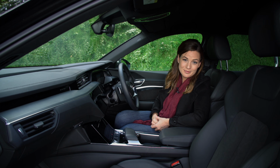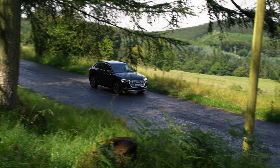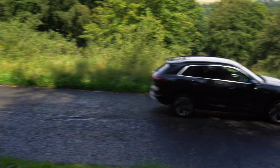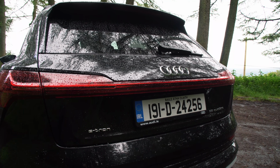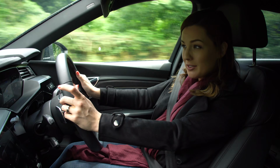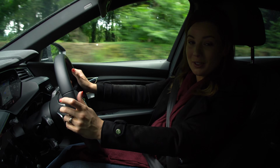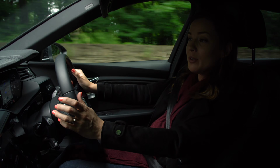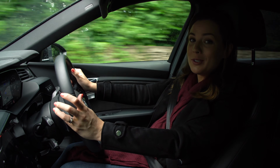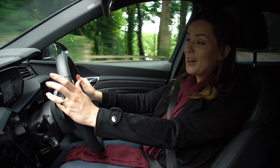pre-sense city braking. So the vital stats on the road are a 95 kilowatt hour battery, 2 electric motors and quattro 4-wheel drive as standard, which gives it a combined power output of about 350 horsepower as well as 664 newton meters of torque on top. The WLTP tested range says up to 390 kilometers, but that will depend hugely on how and where you